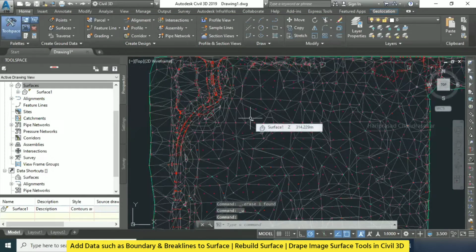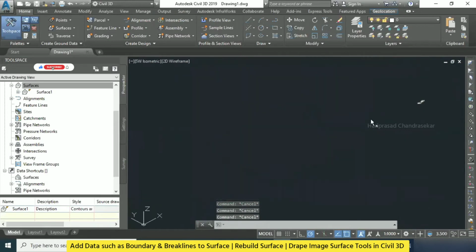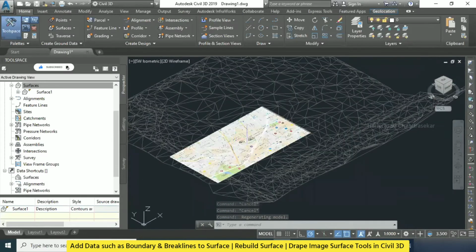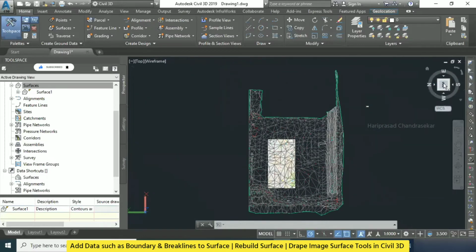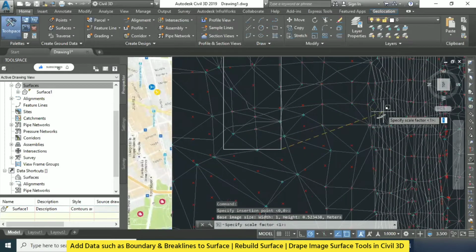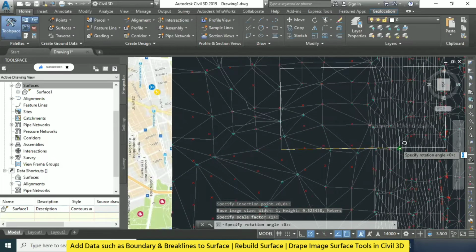So we need to consider whether it draped or not. I think it's now draped, I guess. You can just see here. See, now it is like on top of the surface. Before it was not like this. So drape, in the sense, according to that level, it will be merged with that surface. That's what you meant to say. Yeah. It's not flat. Yeah. So I will just have it like this.